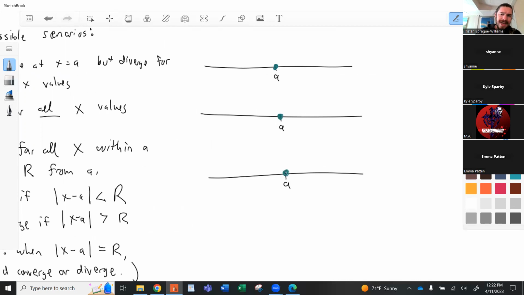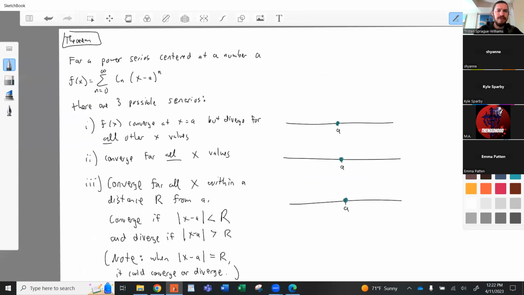When you plug in a to a power series centered at a, let's see what happens. f of a is always going to be c0 plus c1 times (a minus a) plus c2 times (a minus a) squared plus dot, dot, dot. And as you can see, whenever I do a minus a, it always equals 0. So the result is